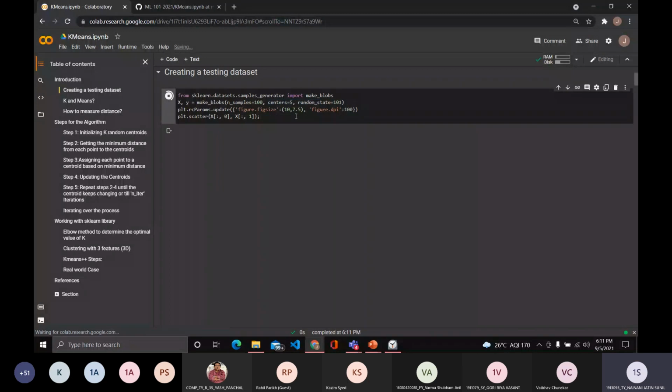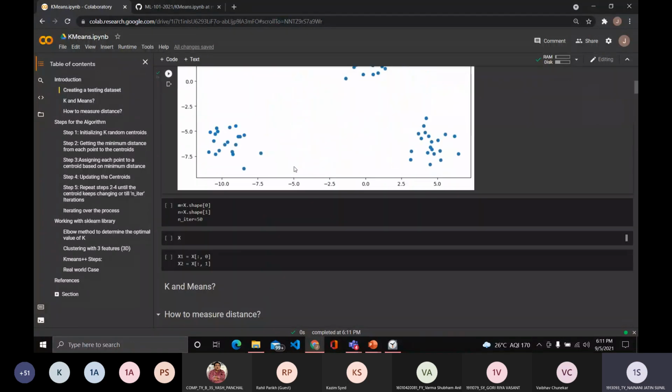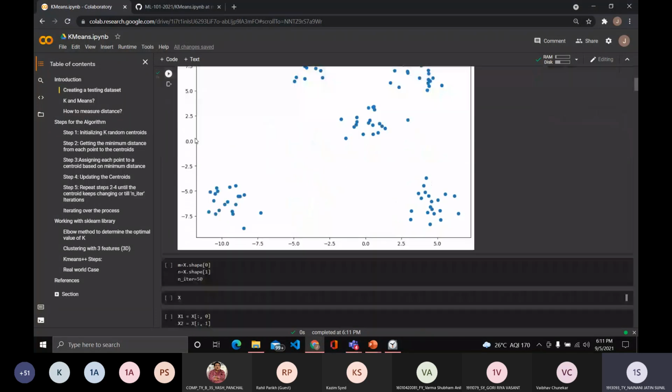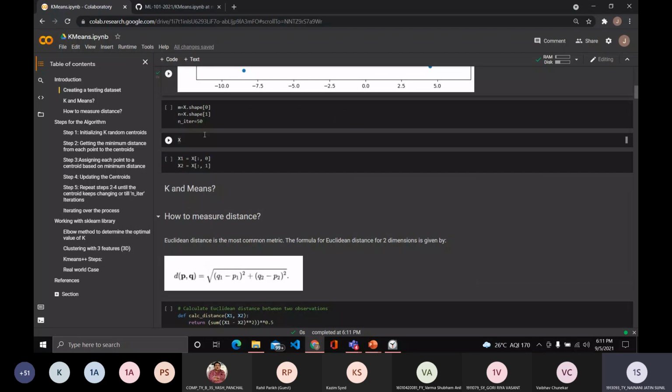I'm going to be working with 5 centers. Hopefully everyone has taken different centers and different random states. Usually, if you don't understand what a variable is in these functions, you can just print them out. And if you still have doubts regarding a certain variable, you can enter it in chat or unmute your microphone.